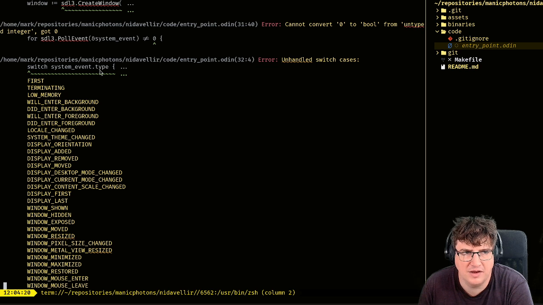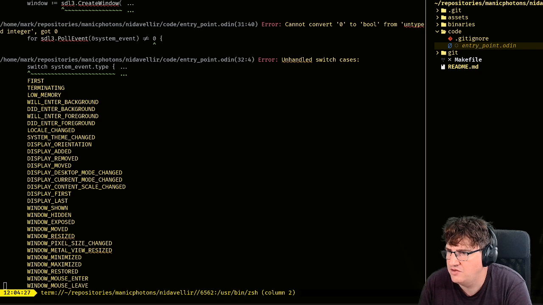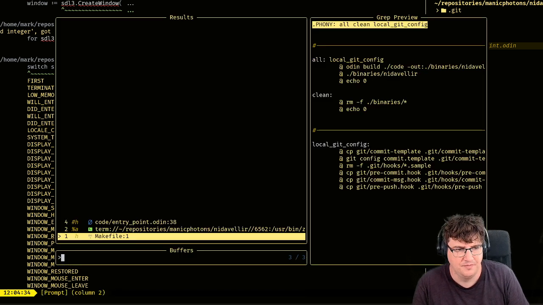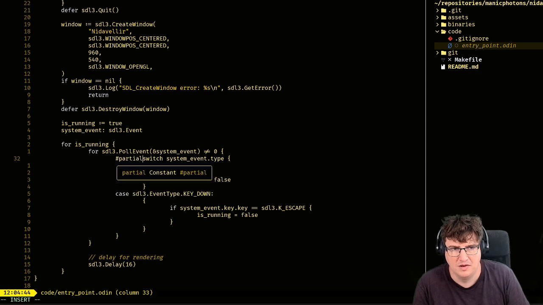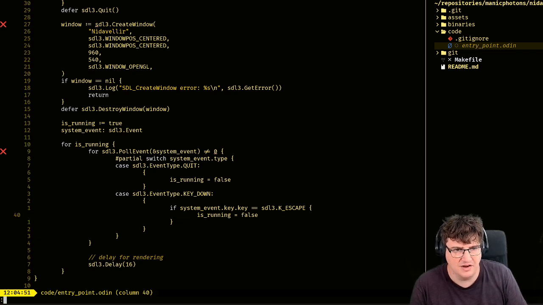I assume that system event type is an enum, in which case I can just say partial switch, and that should resolve the issue. And that way, Odin knows that this isn't going to handle every case. Fine.